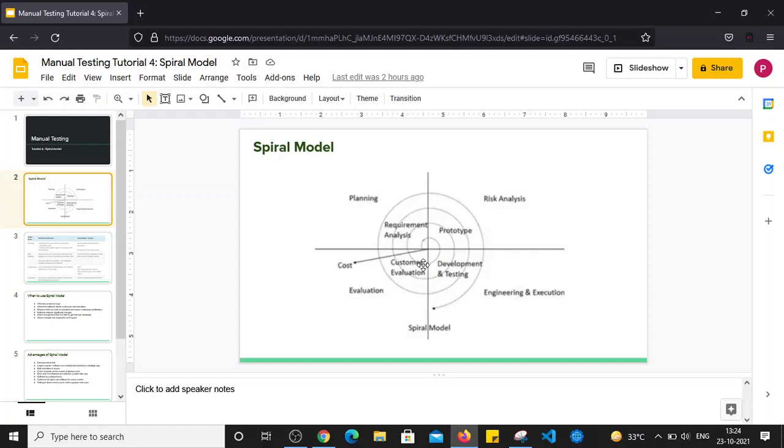And once the development is completed, the first version will be released to the customer. After the first version is released, depending on the market or the customer requirement, the next set of requirements can be taken and the next cycle will start. After the second cycle, the second version of the software will be released, and this cycle will keep going on, right? That is the basic fundamental of the spiral model.